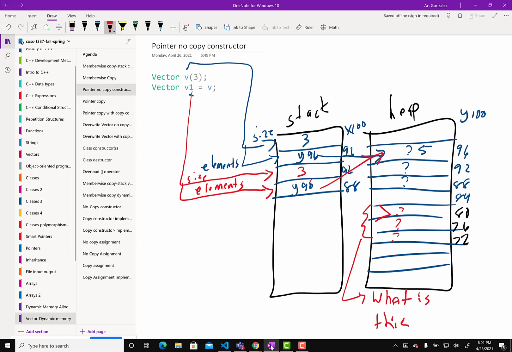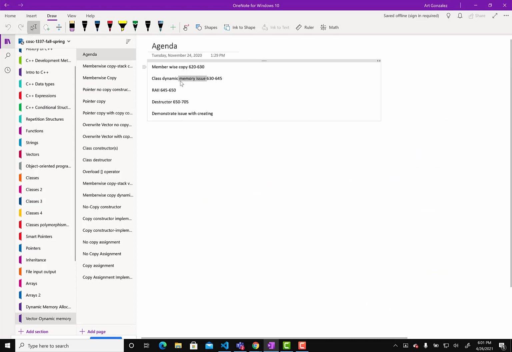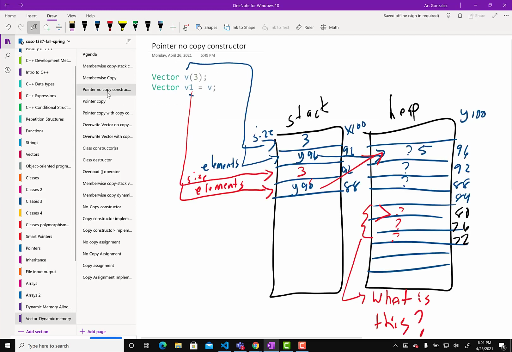And then we have some memory here that's, what's that? Anyone? It's some type of memory issue, but what is it? It's a memory leak, right? Because how are we going to free this memory if our pointer's not pointing to it? So when we delete this memory, now this guy's going to be a dangling pointer, and then if this guy tries to delete that memory or use it, it may get lucky if the values haven't been overwritten and work for a little bit, but eventually we will run into problems, right? So we need to fix this issue. So yeah, this is a memory leak,